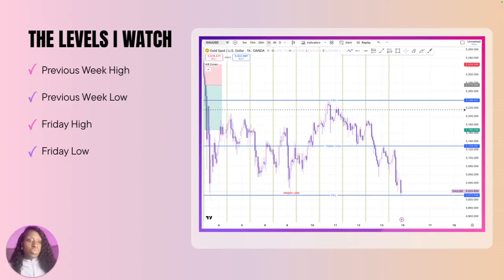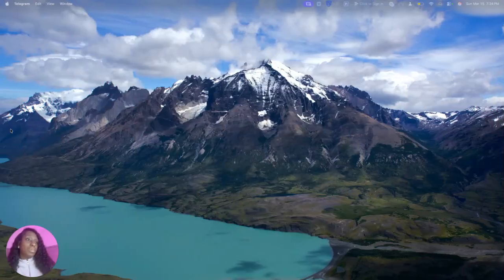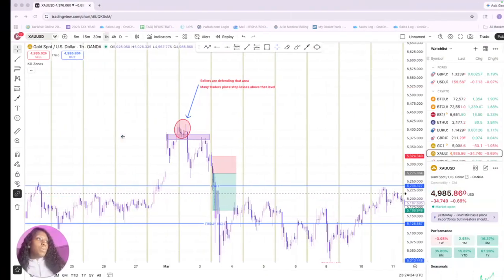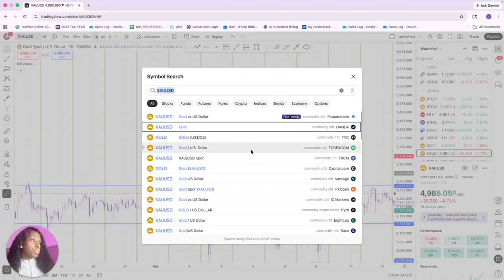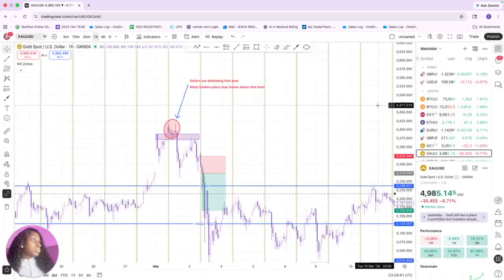So one thing I want to point out is that I'm not looking for trades everywhere on the chart. I'm mainly focusing on what happens when price reaches one of these key levels. And I'm gonna show you guys how I mark my key levels. So I'm gonna just go to a random chart. Let's just do